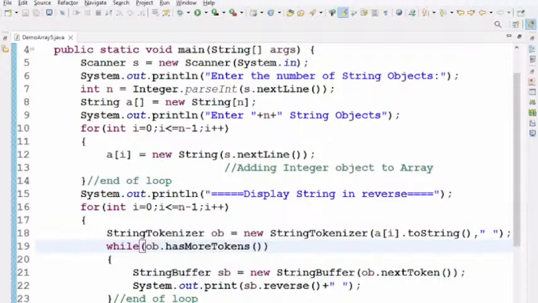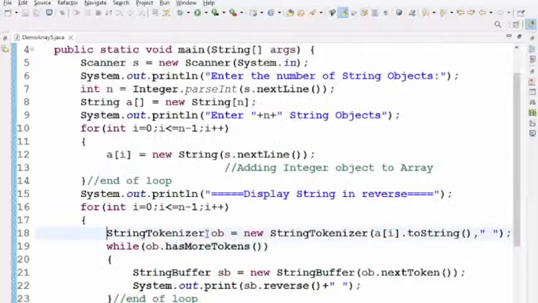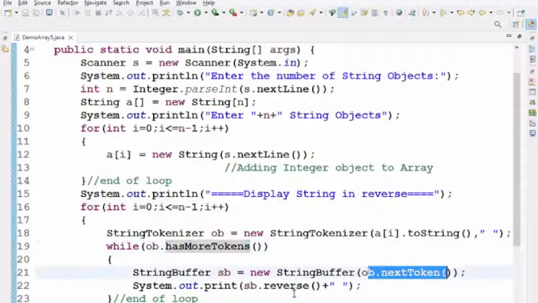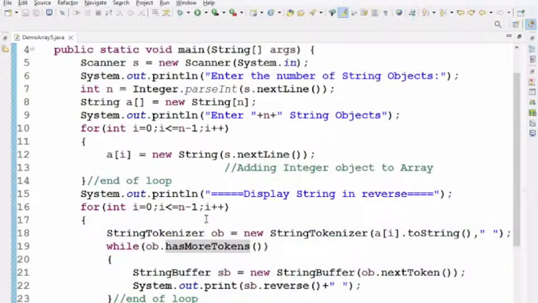Now, whatever the string taken here, Java is simple, I am giving to the tokenizer. The tokenizer will break it into 3 pieces. I am running a loop. First, Java will come, the first token comes outside. Java will be sent to the string buffer and reversed. The second token, is, will come. Reverse. Next, simple will come. Reverse it. When the string is completed, meaning the tokens are completed, the while loop will end,